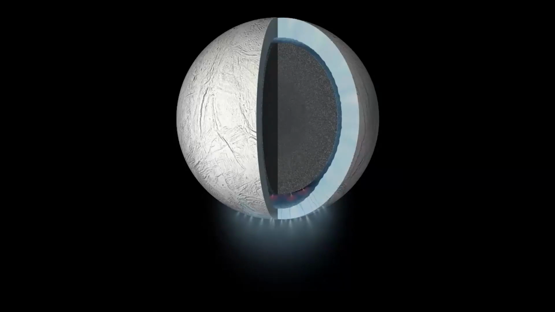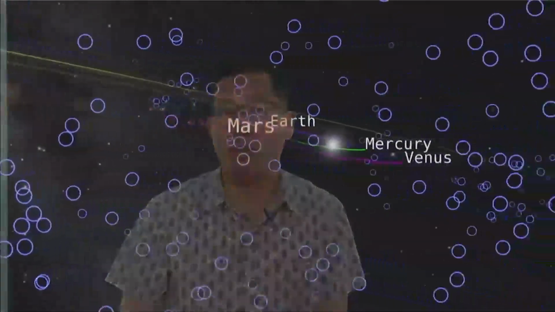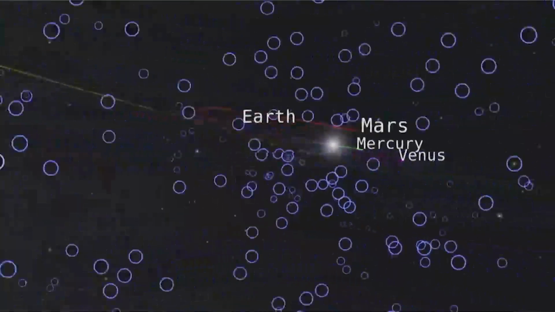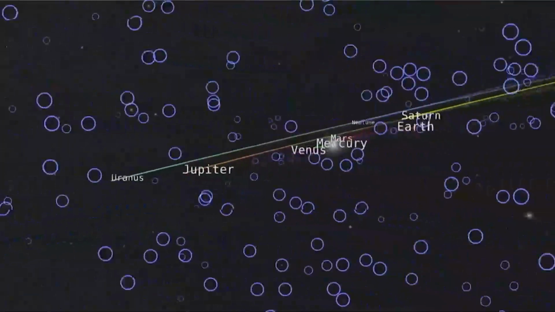All right, so with that, let's now turn our attention to the rest of the universe, to the rest of our galaxy. We've been looking at planets and moons in our own solar system. What I want to do now is look at other planets outside of our solar system. So I've now turned on these blue rings representing all the planets that we've found so far.